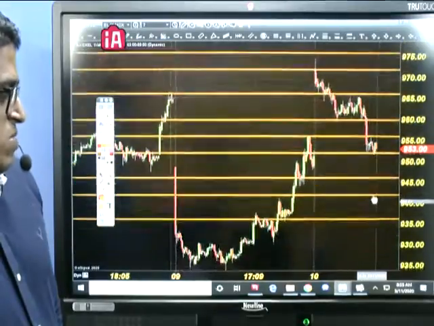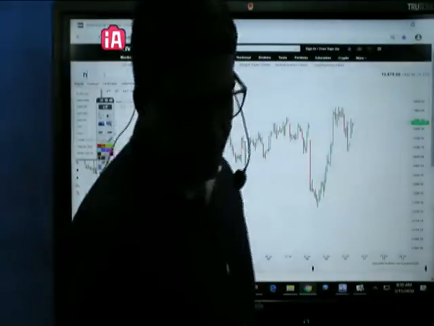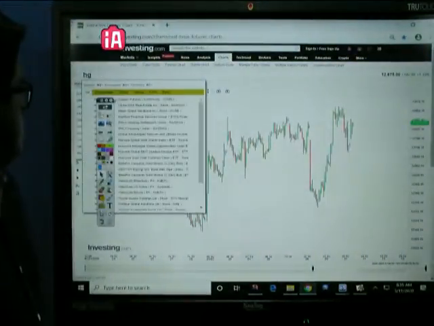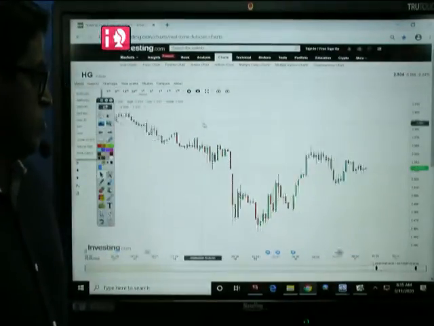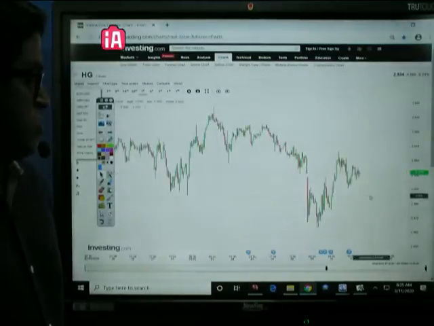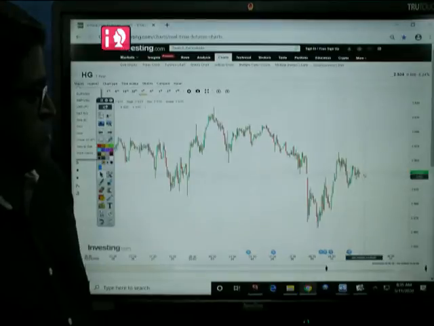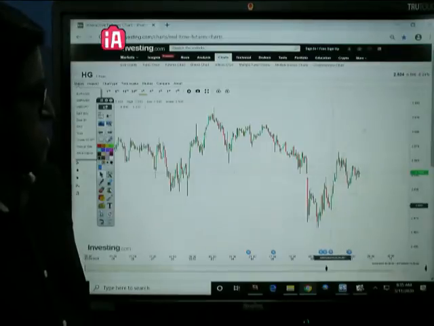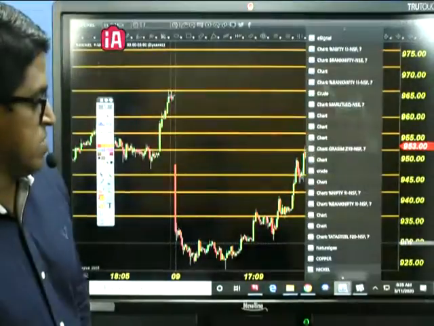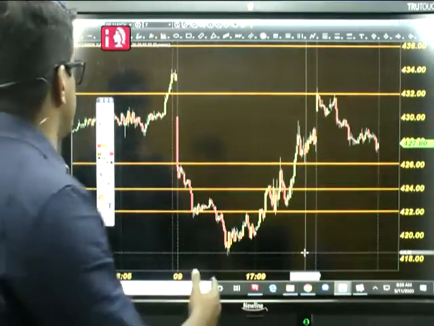So apart from crude oil, a few commodities are moving up, and let's see how the copper is going to react. When we see the copper chart for COMEX, you could see the price is consolidating here. Copper is not very aggressive in buying like nickel, but somewhere consolidating in this zone, but we could see a slow increase in this low, and there is some trend coming. Let's go and see the MCX price. The copper chart looks more or less like a nickel chart.